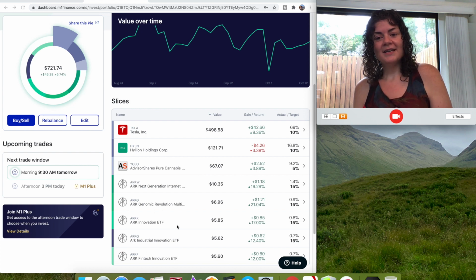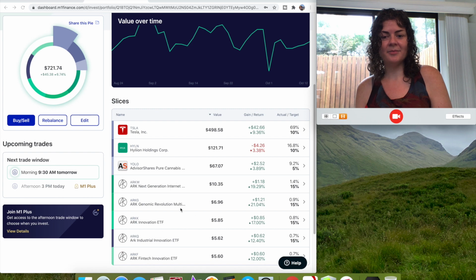All of the rest of these here are ARK investing ETFs. If you're not familiar with ARK Investments, this is a company that is led by Kathy Wood. They are an active investing group, and I really like...